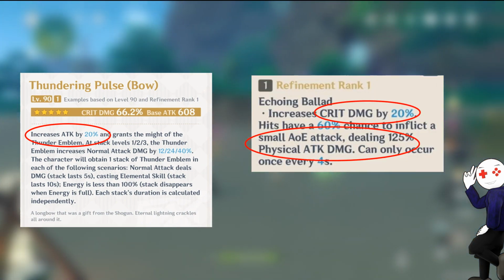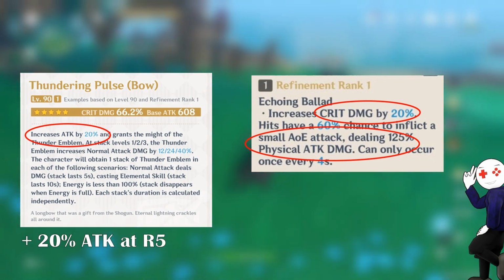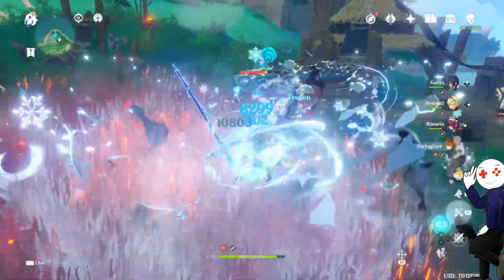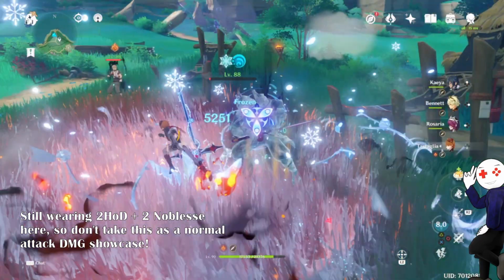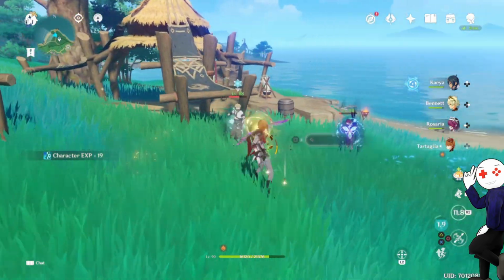Being R1 for the Thundering Pulse means that it's still lacking a whopping 20% of extra attack buff that it would have at Refinement 5. And that of course would take its burst damage to even higher levels. So as for my conclusion out of all of this, in my opinion this just manifests Thundering Pulse as Childe's current new best in slot weapon. Now, of course, its main drawback is that it's significantly harder to build decent crit